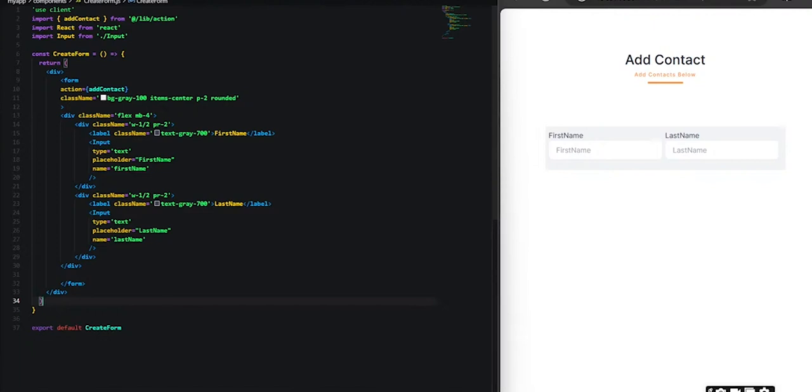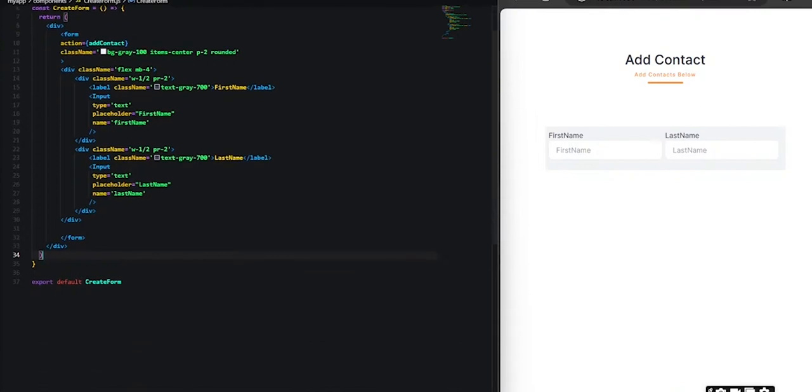So if you have camelCase, with a lowercase first letter and uppercase distinguishing of the next name, make sure you have the same format, otherwise it won't work. But once you've updated the last name, the type is text, the placeholder is last name, and the name is last name, you're set. So now I want a separate row to have the email and